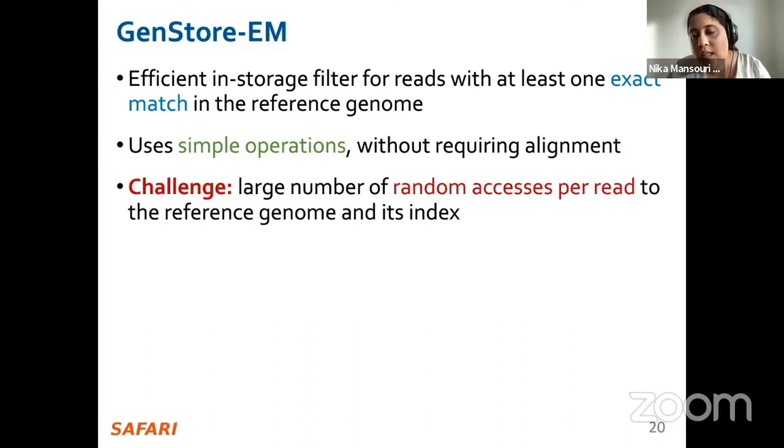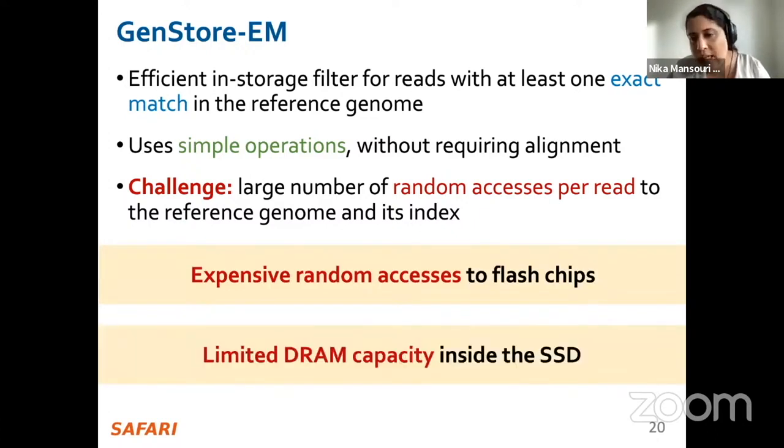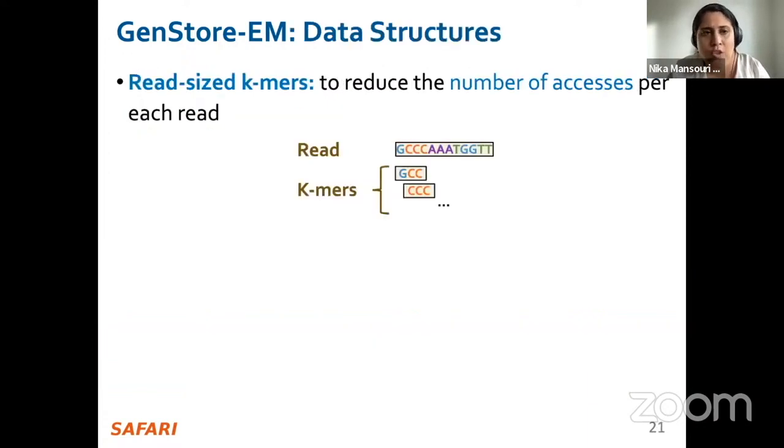The key challenge in designing GenStore-EM is the large number of random accesses to large data structures inside the SSD. This is challenging because NAND flash memory exhibits poor performance for random access reads, and there is limited DRAM capacity available in the SSD, which is relatively small compared to the size of data structures that need to be randomly accessed. So to reduce the